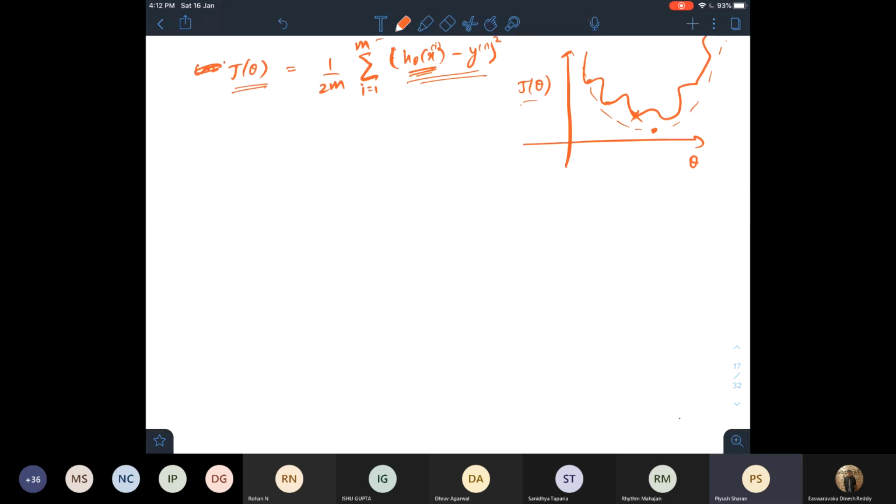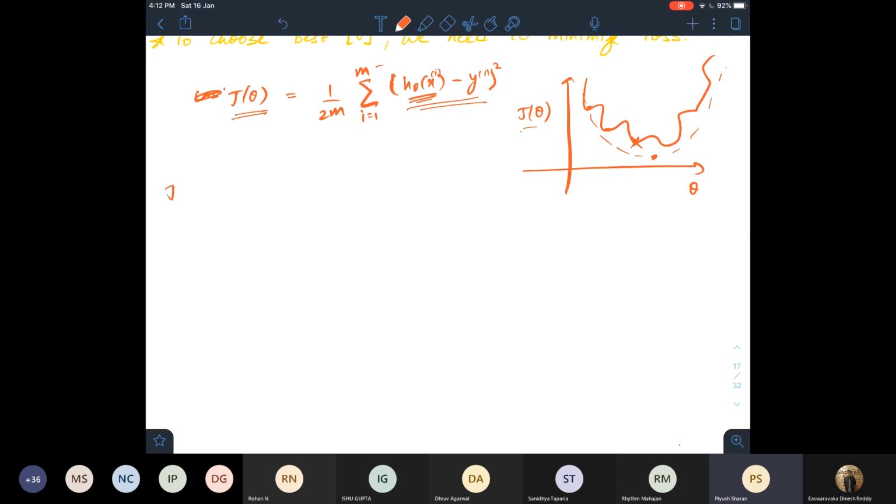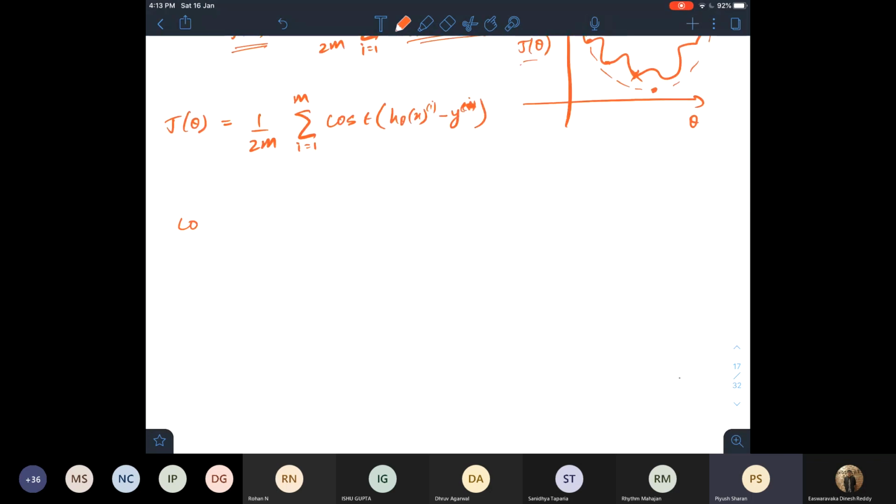So I'll write down the cost function first. J of theta equal to 1 upon 2m, summation i equal to 1 to m, and for now I'm just writing this as cost of h theta of x and y, because it would have been difficult to write it as one.